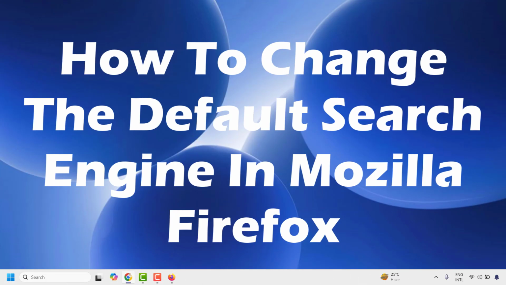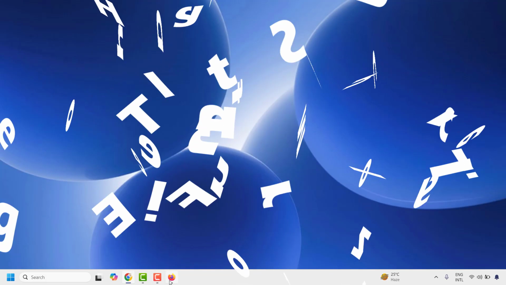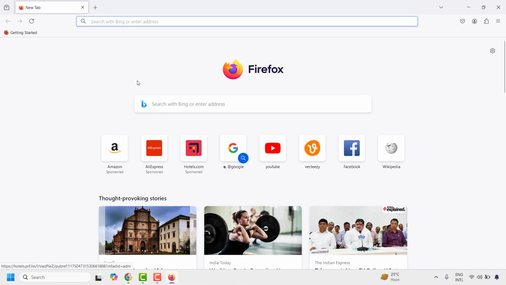In this video, I'm going to talk about how to change the default search engine in Mozilla Firefox. Now, when you open Mozilla Firefox, in my case, the default search engine has been set to Bing. In case you want to change the default search engine from Bing to Google, you will have to click